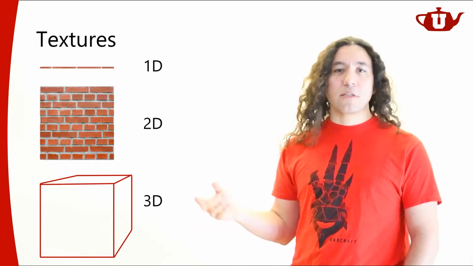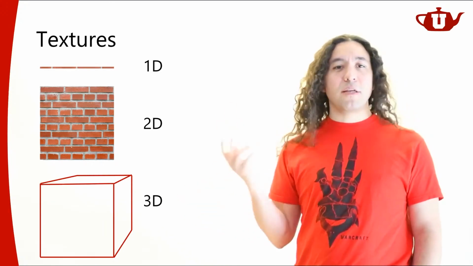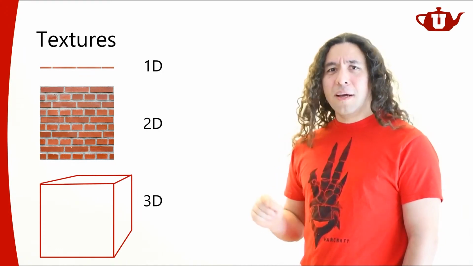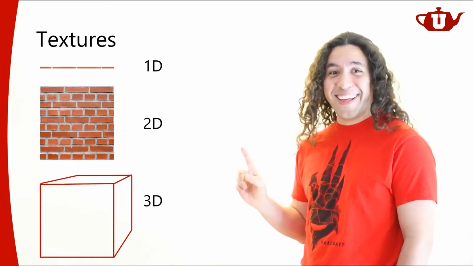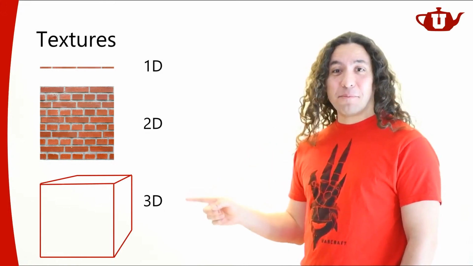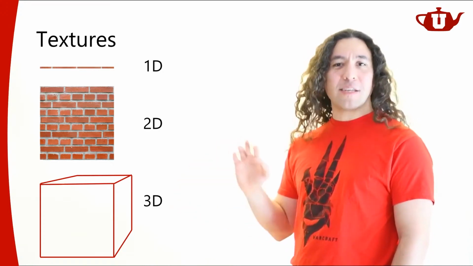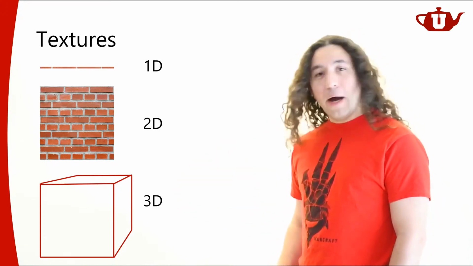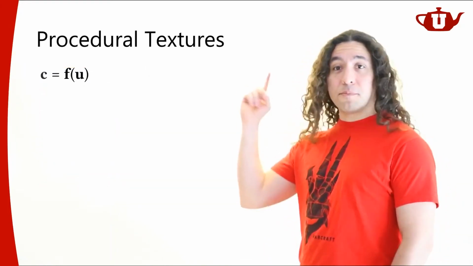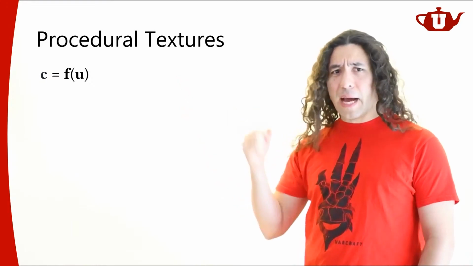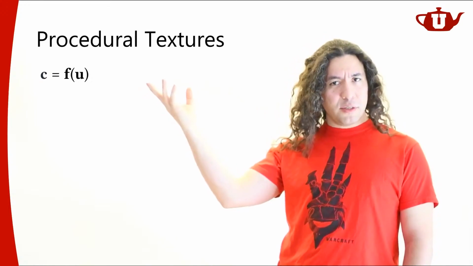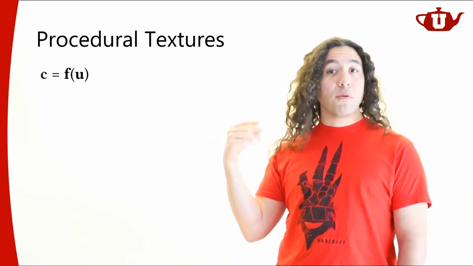Of course, in theory, textures could be 4D, 5D, whatever dimension you want. You don't want to go too high because the curse of dimensionality is real. As you go up in dimensions, things get really, really bad. But 3D is okay, and we have 3D texture support on the GPU, so it's all good. We also talked about this briefly last time, procedural textures. When people talk about textures on the GPU, they don't quite mean procedural textures, but procedural textures are also supported on the GPU.